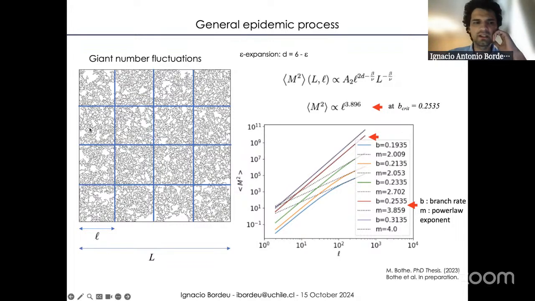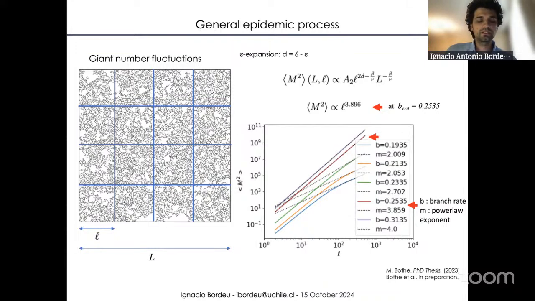And by density fluctuations, I mean, if you take a box of size L, or you divide your system in boxes of size L, and you measure the number of particles inside each box. You calculate the mean of those numbers of particles, and then you take the variance of the number of particles, you can plot those in a log-log scale. And in the mean field, we expect an exponent of 4. But we're standing at the critical point in the calculations and looking at those corrections, right? We're just doing an epsilon expansion, so we're looking at d equals 6 minus epsilon. Yeah, so we're studying those density fluctuations, and in particular, I'm interested in understanding what's the meaning for the biology